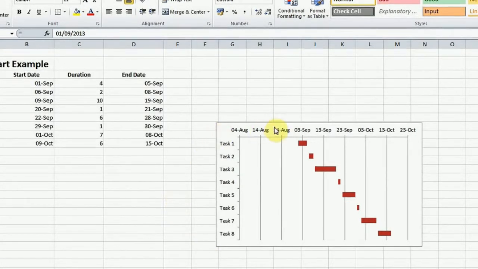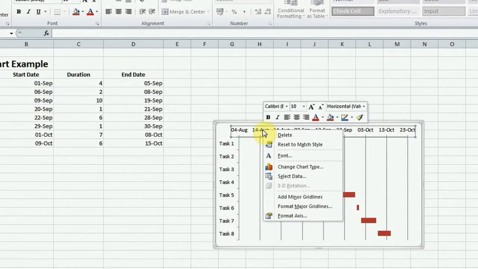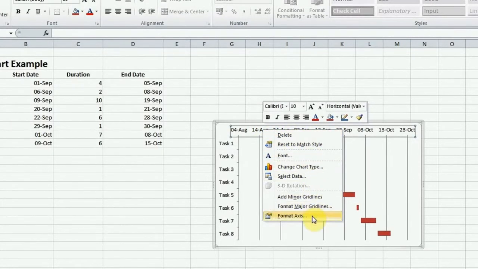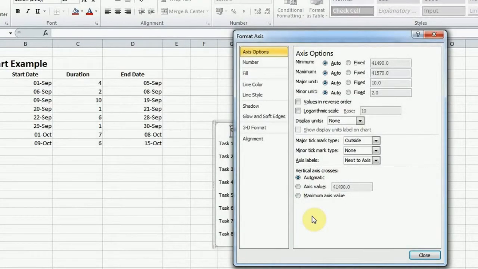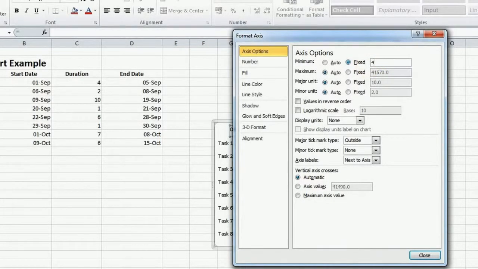Right-click on the date axis at the top of the Gantt chart, click on the Format Axis from the Properties menu, and from the Axis options, choose the fixed minimum value and then type the number that you had, which in our case is 41518.